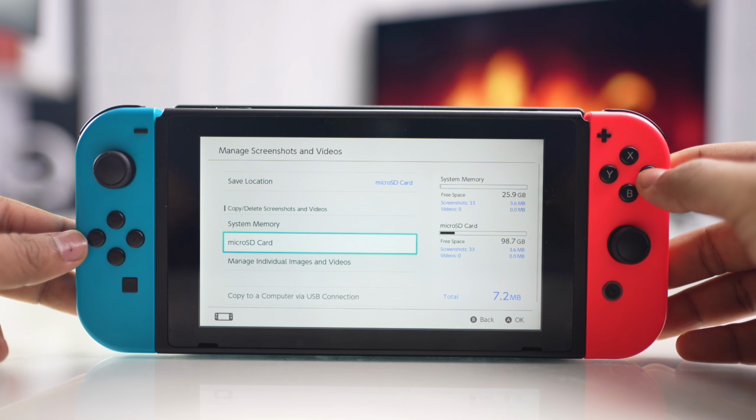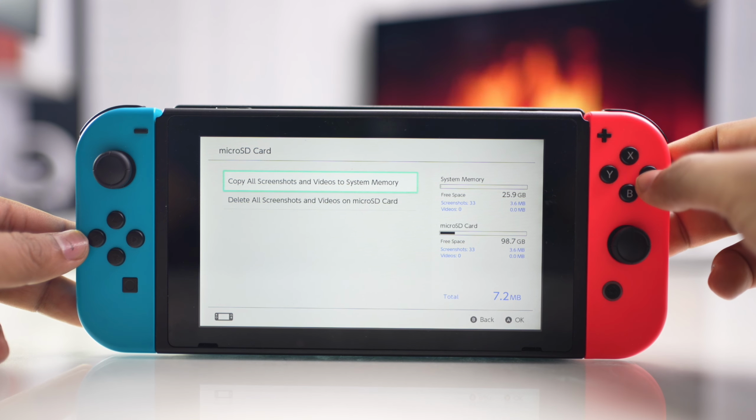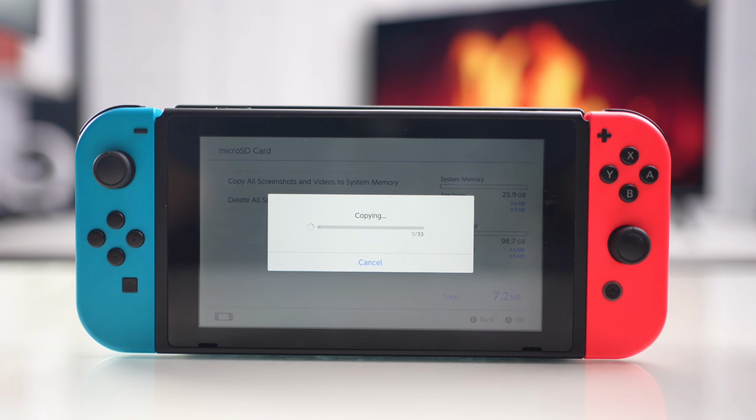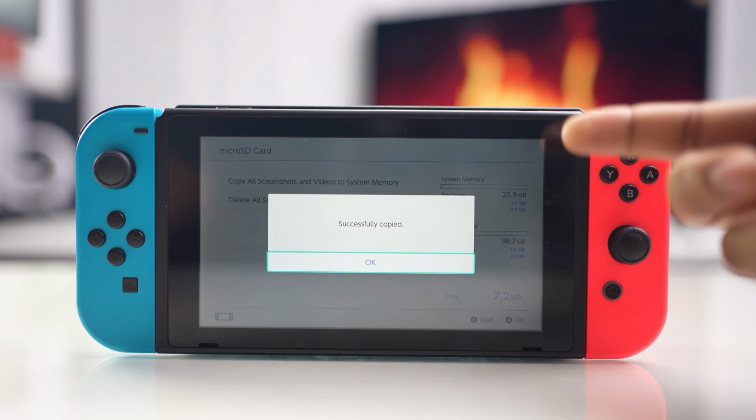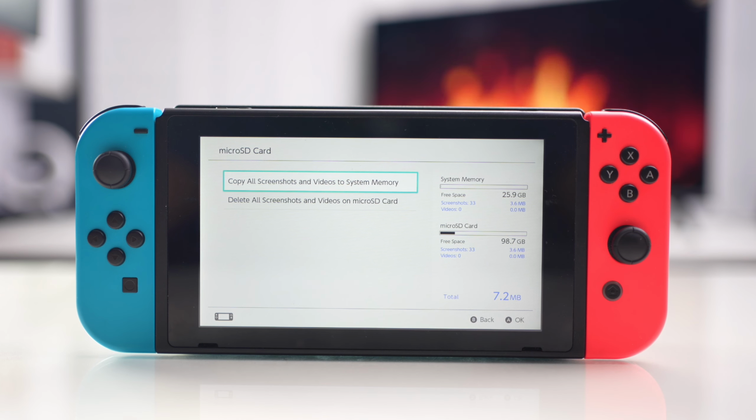Select it. After that, choose the microSD card option over here. Select Copy all screenshots and videos to system memory. Now the transfer will start and all your screenshots and videos will be sent to your system memory from your